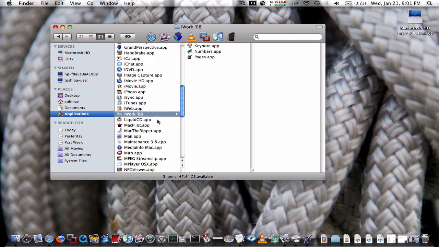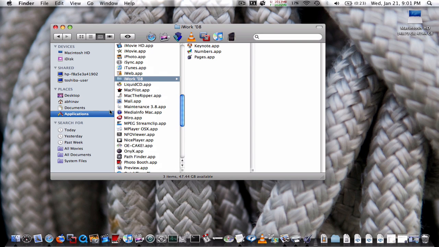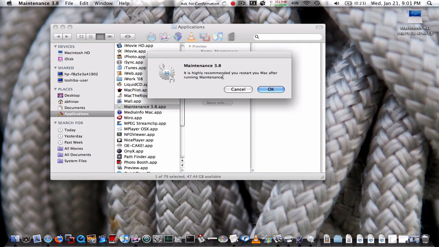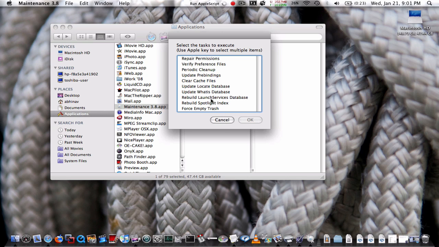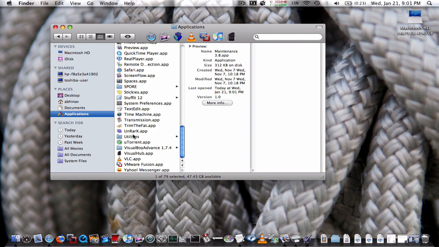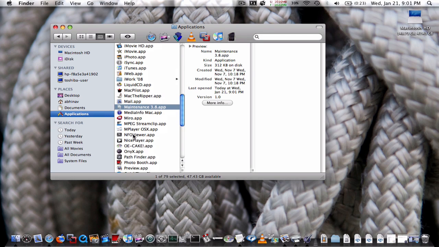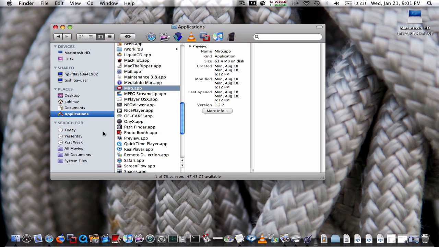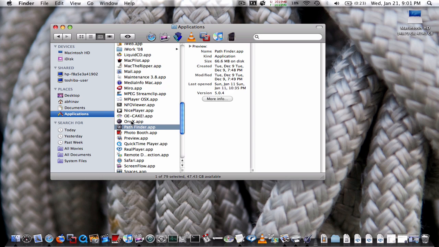iWork 08, I use that pretty much for all my school assignments. Maintenance, this is actually an AppleScript slash Automator application. Just rebuild Spotlight index, pretty much all these things. Yeah, it just does all those repetitive tasks that you don't really want to do. Now let's see what else. Miro, great video podcasting app. Onyx, okay, Onyx,